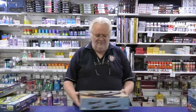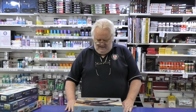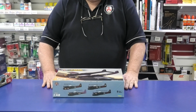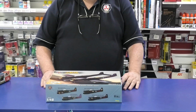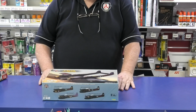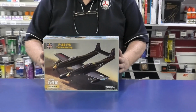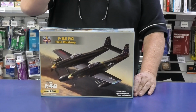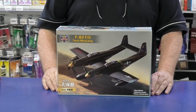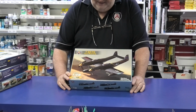This I have been waiting for a long time. Many years ago, I had hold of the ModelCraft F82 Mustang. I sort of built it, then I got sick of it, and then I got rid of it and threw it in the bin. I think I've still got the props somewhere, and I don't know why, because they're rubbish. But when ModelSvit announced this, I was over the moon. Considering they've done the P51H, I thought they've got to do a twin Mustang somewhere along the line, and finally they have. The first issue in 48 scale is the